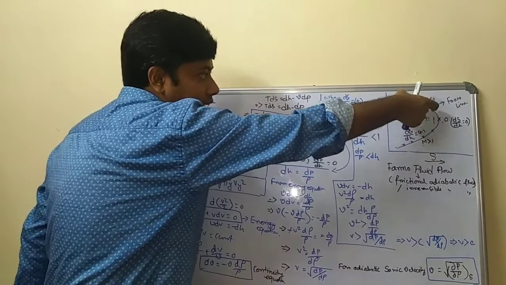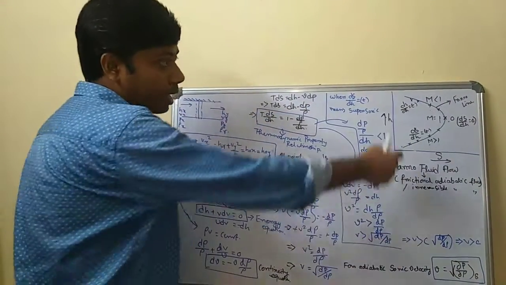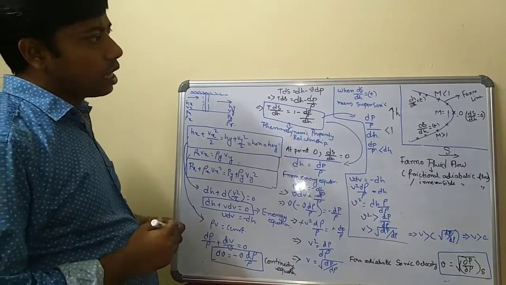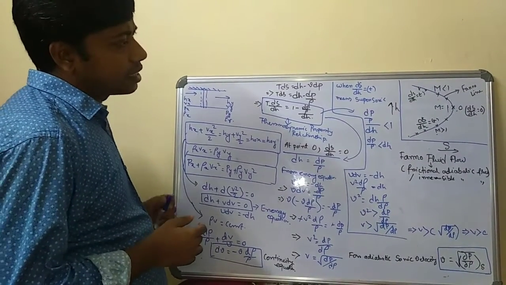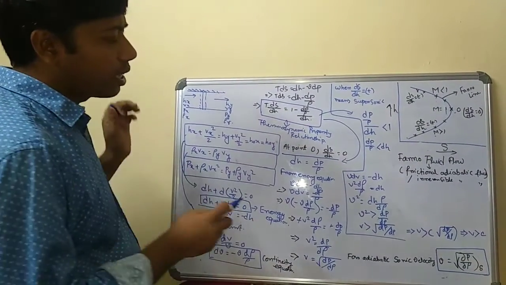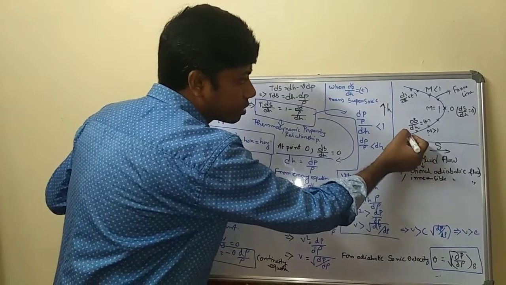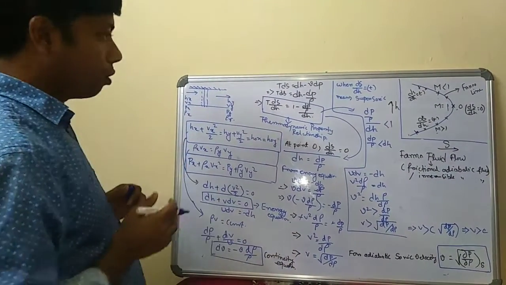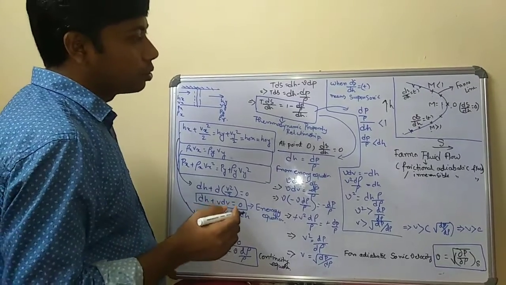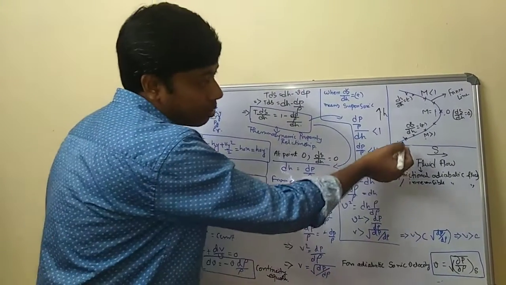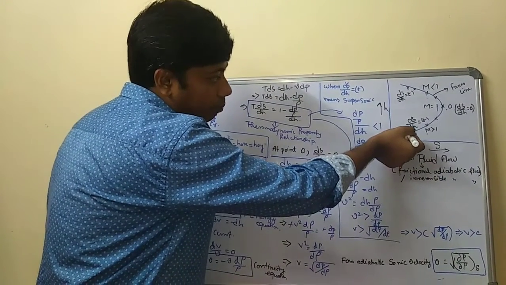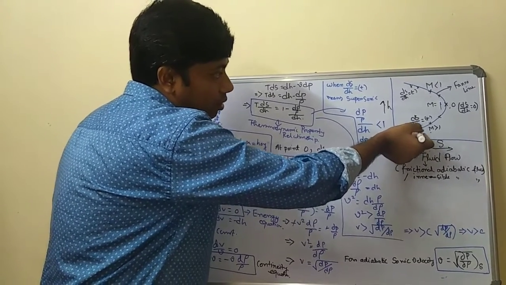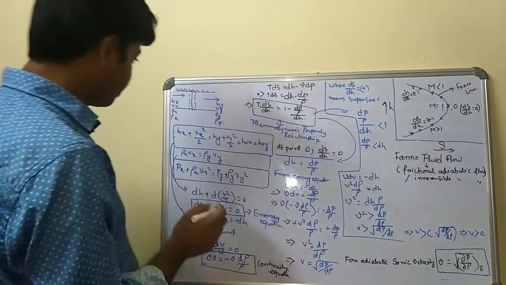That indicates that it is a subsonic flow, where ds by dh is negative. Now, as you know, ds by dh, suppose this is the point, the first point that occurs for the upstream in the fluid flow. And if you want another point, suppose this is the point, if you want to increase the